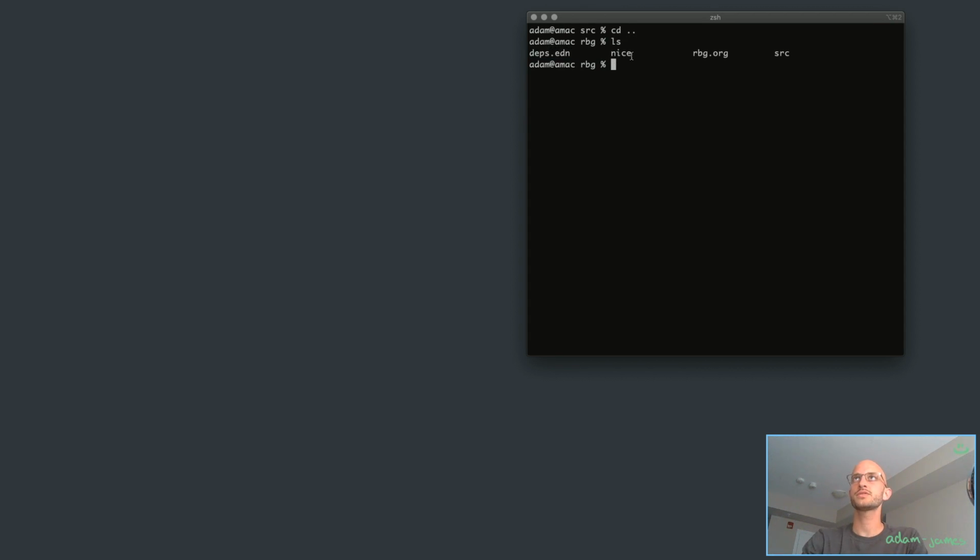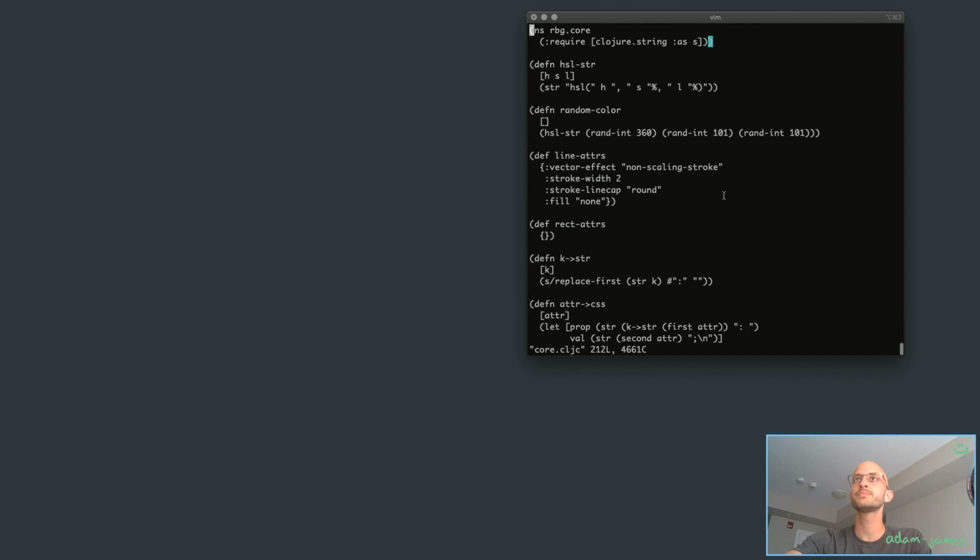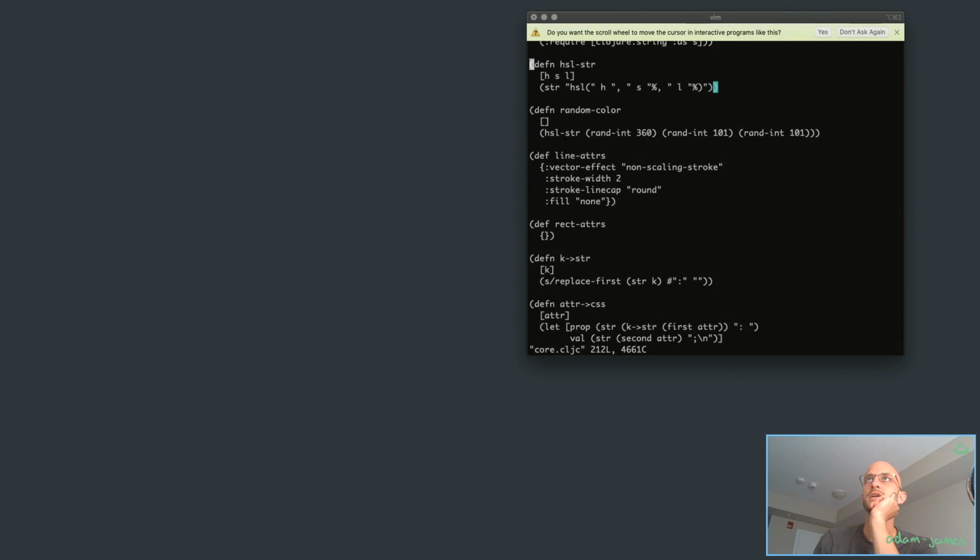Nice is just a little folder with some existing images that I created from it. This is the literate program org file that I have written for it, and if I go into source, cd rbg I should say, it's just all contained in this core.cljc file, which if I just open it up quickly in Vim,